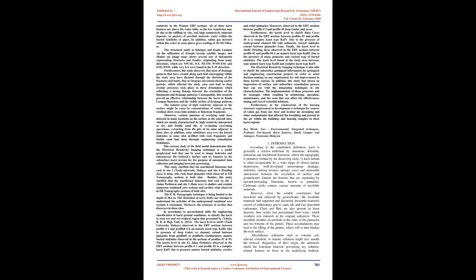Furthermore, the soil pipes are associated with zones containing low to medium resistivity in the Wenner ERT sections. All of these karst features are above the water table, so the low resistivities may be due to the infilling by clay, soil, high conductivity mineral deposits, or pockets of perched meteoric water within the buried sinkholes or pipes. In addition, radon gas detected within this water in some places gives readings of